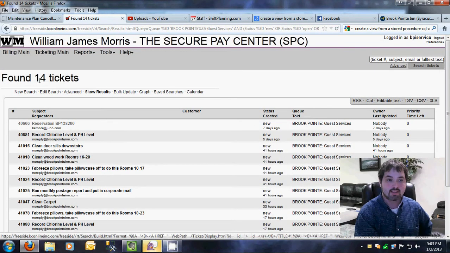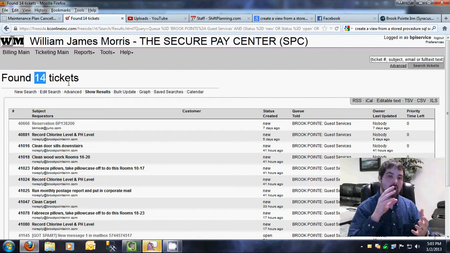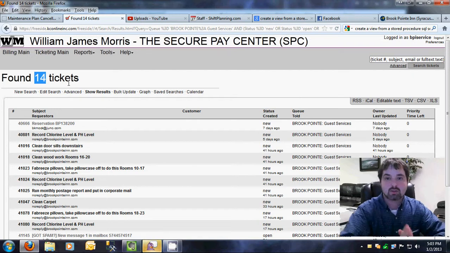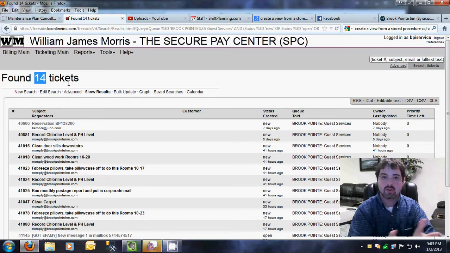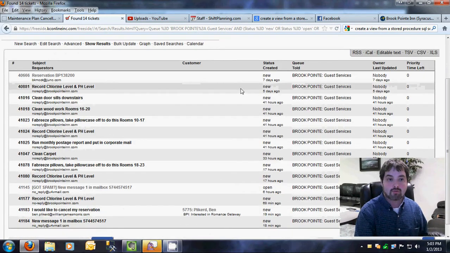Once you do that, it says that I have 14 tickets. Now, everyone has the same login, so it's not like first shift will have a different login than second shift. This ticketing screen will pretty much be up all the time. If it's not up, you'll have to log in with that. And we'll set up some default browse in the browser so it'll automatically pop up. You might just have to put in the username and the password. But anyway, as you can see, there are 14 tickets